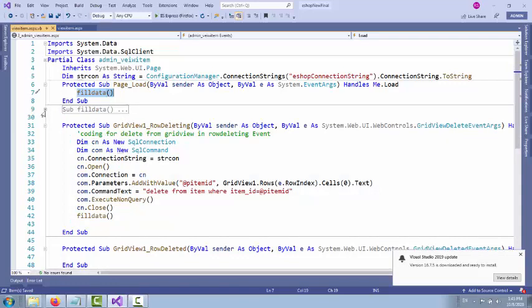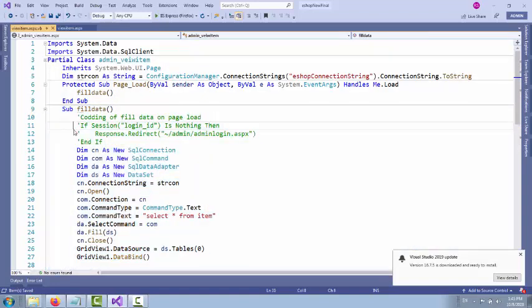Inside fill data, initially, if the username or login ID is not found inside the session, then we redirect to the admin login page. Then I take the four objects: connection, command, data adapter and data set.